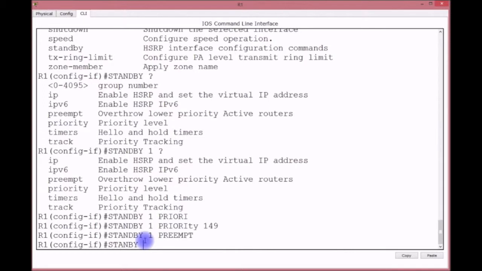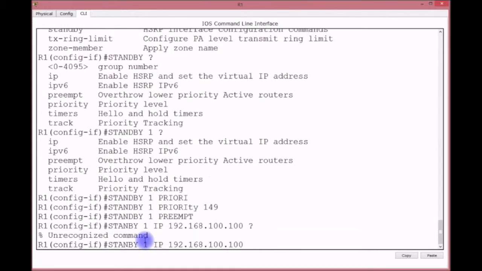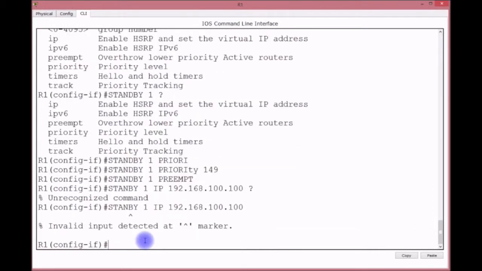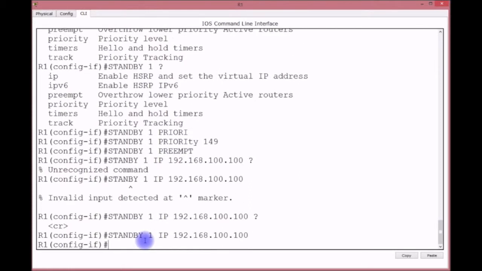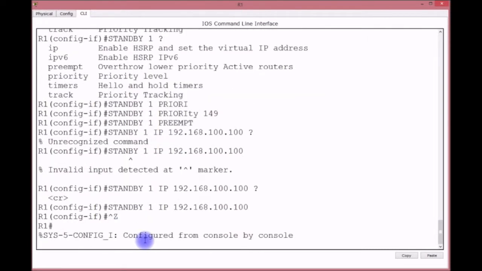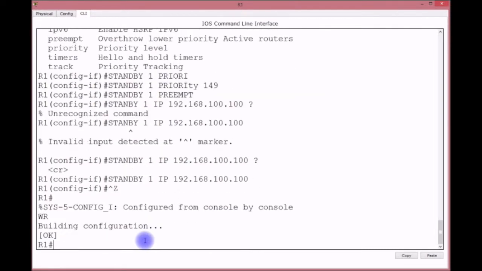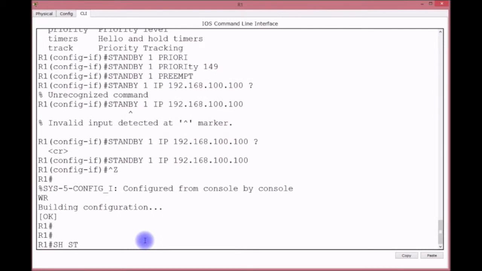Standby 1, and then you see it says IP, and we're going to put the actual IP, which is 192.168.100.100. I believe that's all we need to do. Okay, cool. Oh, misspelled it. Standby 1 IP 192.168.100.100. That's a different IP scheme, and you hit enter. Cool. So let's do WR, sorry, and do show standby,